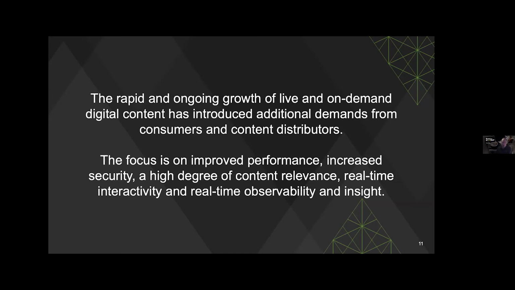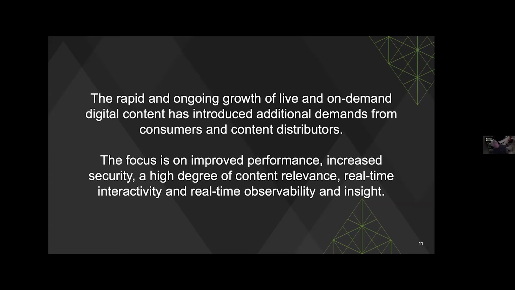We've talked a bit already about performance, which is a key focus, but security obviously of the content, the rights, security of our data, security of our purchase of the data, and our security of our digital lives is very important as consumers. And more, it seems that we are looking for content that is highly relevant to our environment, that has this degree of near real-time or real-time interactivity that feels like it's responding to what I want.